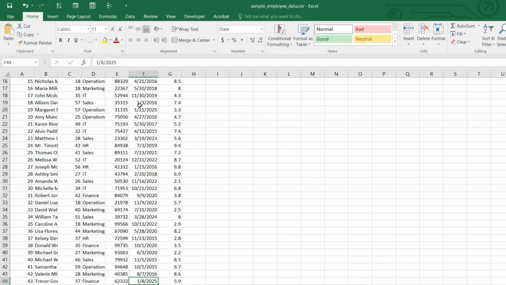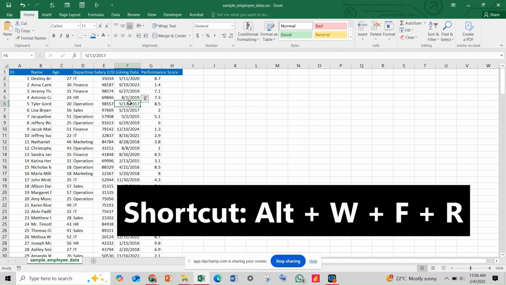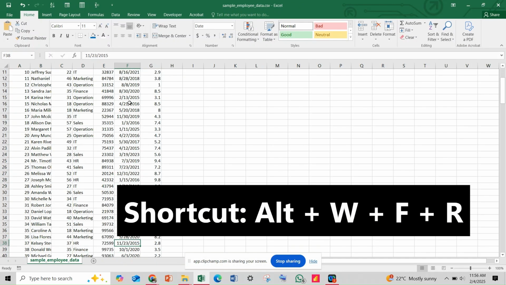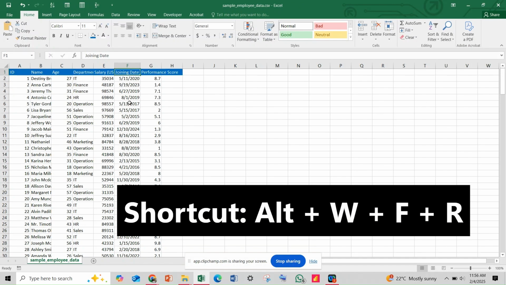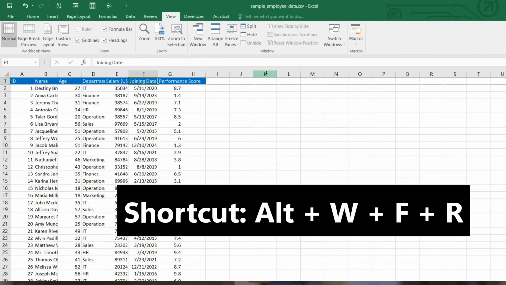First up, let's tackle a common issue when dealing with massive spreadsheets: keeping track of those all-important headers. Scrolling down endlessly just to lose sight of your column labels can be a real productivity killer. But fear not, because Excel has a built-in solution, freezing the top row. It's like magic, but for spreadsheets. To unleash this power move, simply hit the Alt key, followed by W, then F, and finally R. Boom! Your top row is now anchored in place, acting as a constant guide no matter how deep you dive